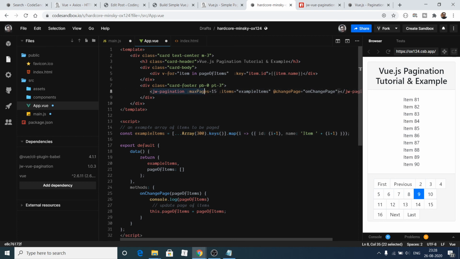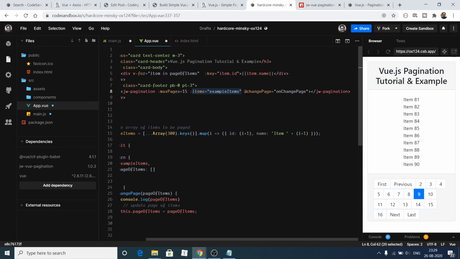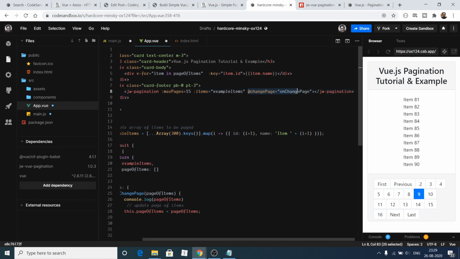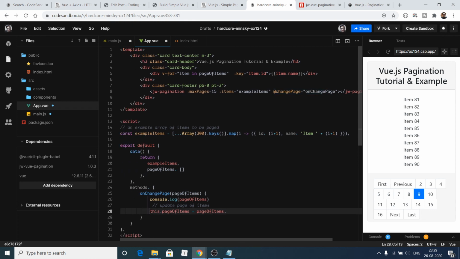We are providing the first attribute, the maximum number of pages, as 15, and then we are using the items, which is this array here, example items. This is simply an array. The third parameter it takes is this callback function. Whenever the page number changes, this callback function will fire, and then it will set the page number to whatever page number the user selects inside the pagination.